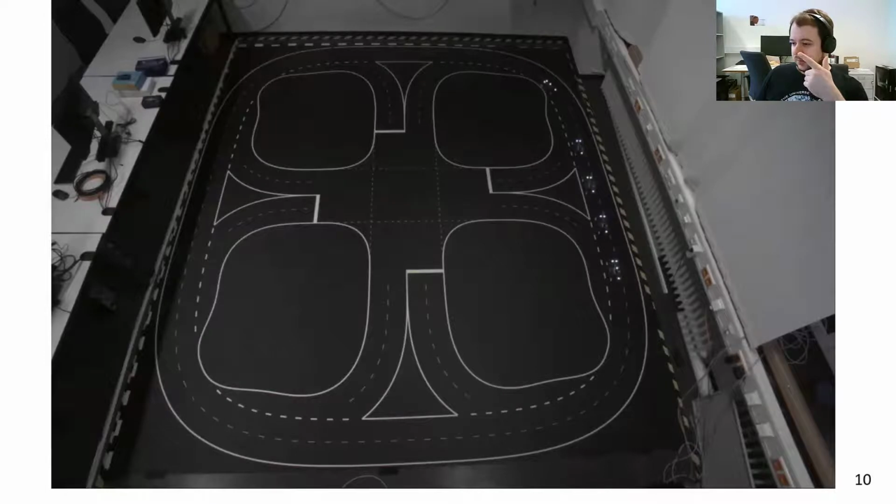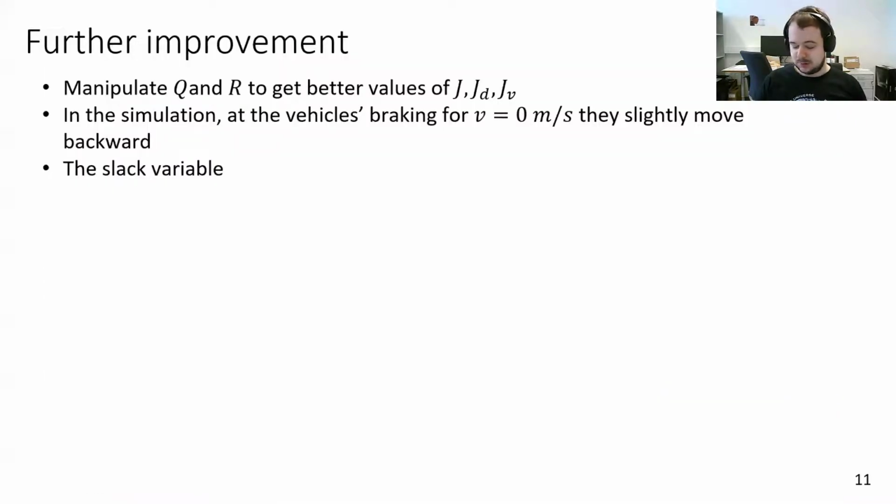However, it will reach the platoon eventually. Okay, so let's look at the possible results, why the experiment ended up so badly. So yes, we could tune the matrices more specifically. We could increase the penalty for the velocity, because we did it in the simulation so that